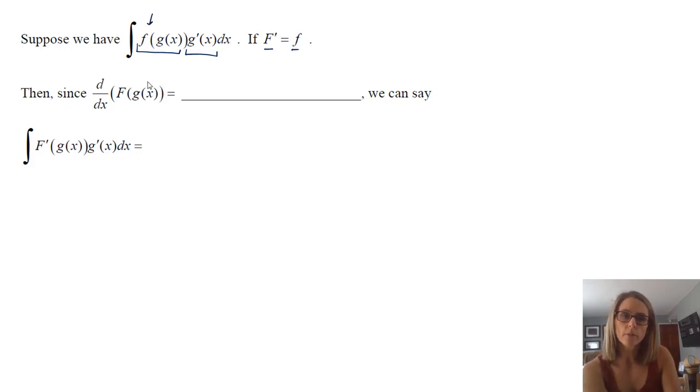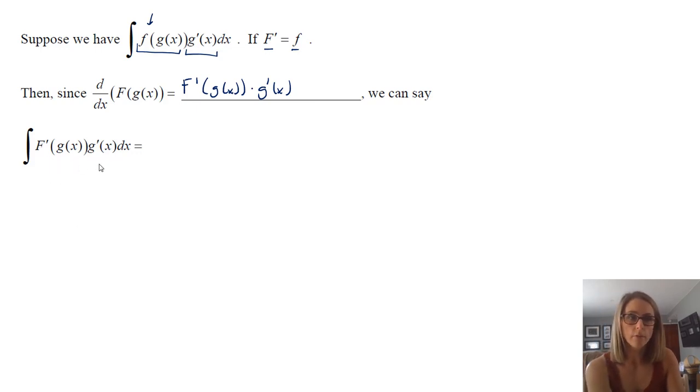So since the derivative of this is f prime, this is just the chain rule, of g of x times g prime of x,